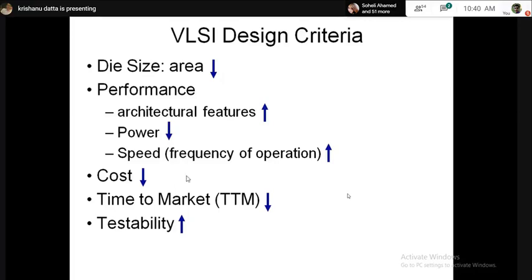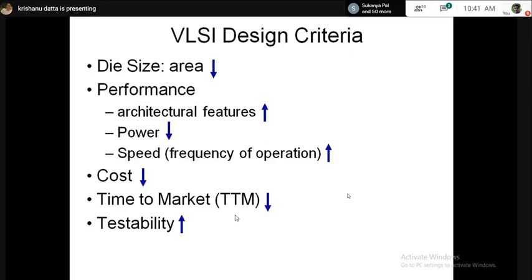The other day I was talking about, in the era of inflation, electronic product cost is going down because of this advanced technology. You need really less area to manufacture lots of transistors. And a very important term is the time to market, TTM. This means starting from the planning of the product to the final launch of the product to market, that time should be minimized. And that is where we need lots of automation and coding, right? Just manual design will not enable that.